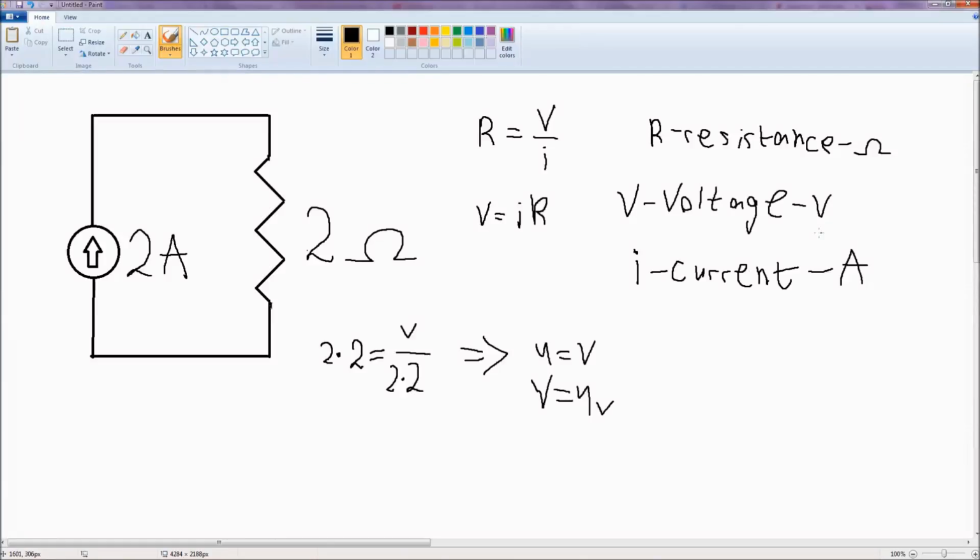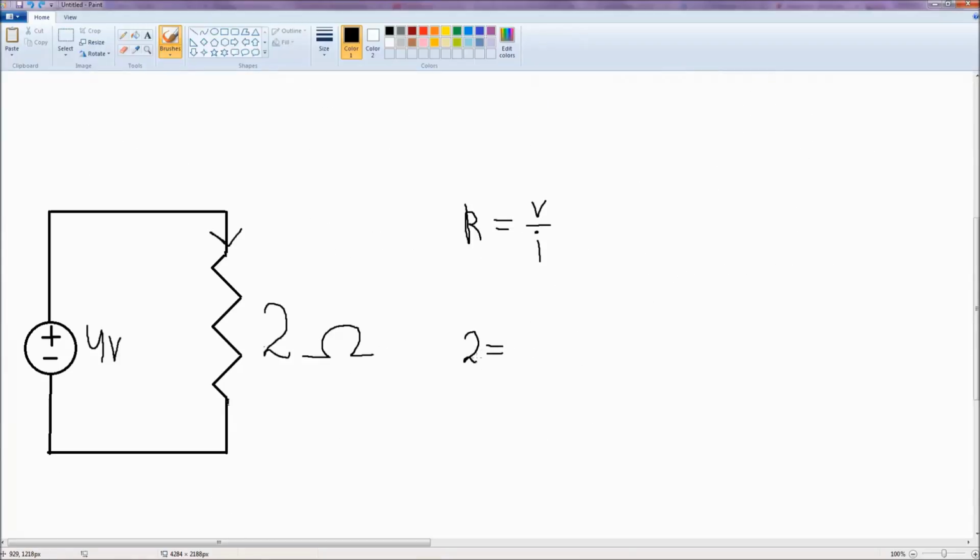As I said, it is denoted like this. So we substitute what we know, and what we know are voltage and resistance. So 2 for resistance equals V, and we know V in this case, we have 4 volts,